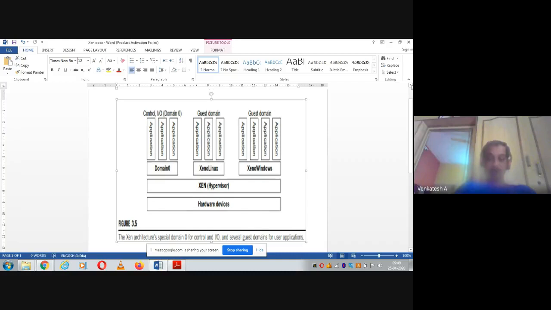Okay, do you want any clarification? The role of domain 0 and domain U. Here the first operating system is called domain 0 and the remaining are called domain U. Okay, U stands for user. Domain 0 will run in the privileged mode, and the remaining VMs will run in the non-privileged mode. So hence, domain 0 controls all the operations of the remaining guest operating systems, and that's why it is called the controller part of the Zen architecture.